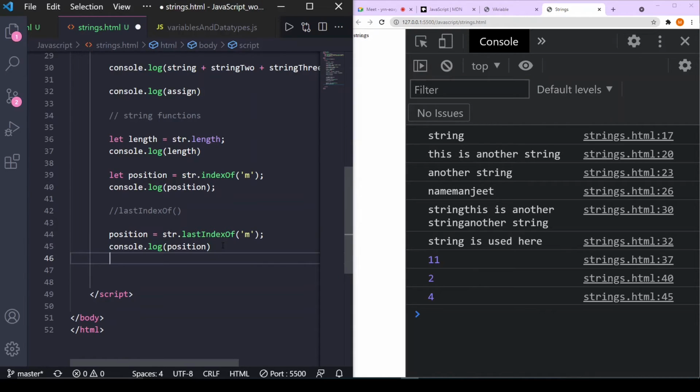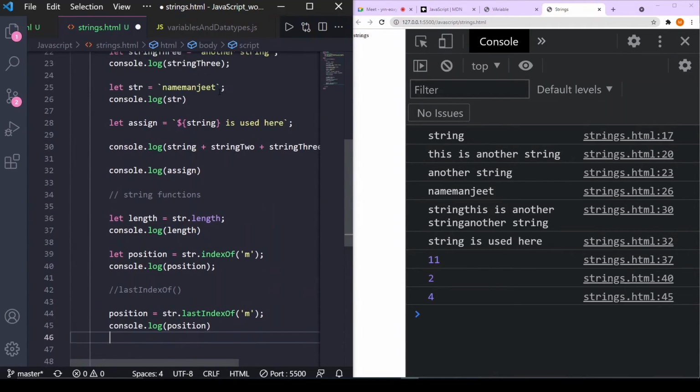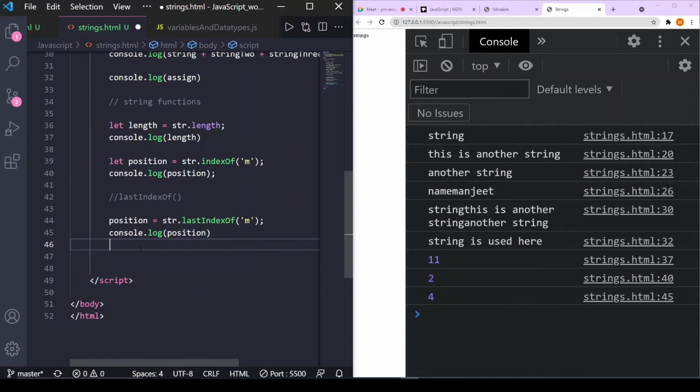So that's for lastIndexOf. So these are two functions, indexOf and lastIndexOf, used to check for the position of something. If there is nothing repeating, like I want to, let me redefine another, let strr equals, this is a string.